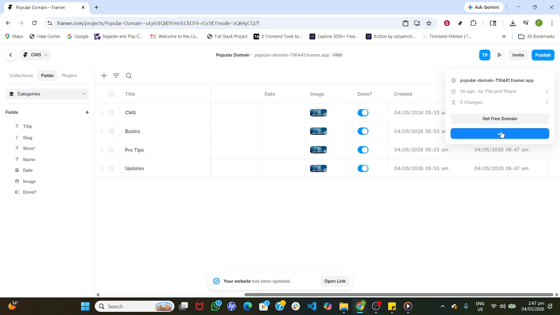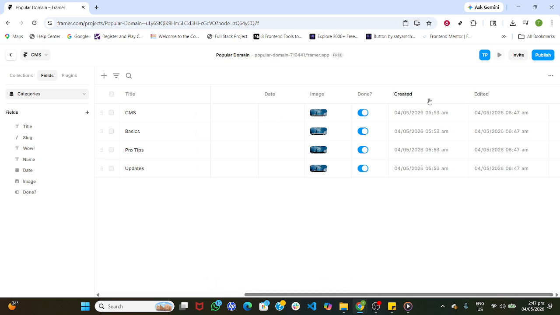When everything looks good, publish your changes. Publishing moves your updated schema and item states live, so your site reflects the new toggle behavior. If something doesn't look right, you can always come back, adjust the field